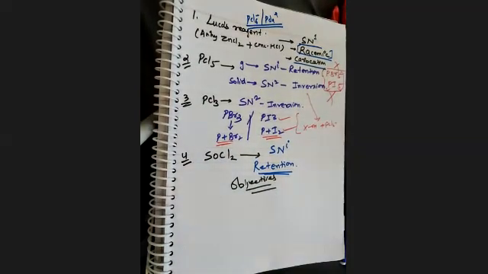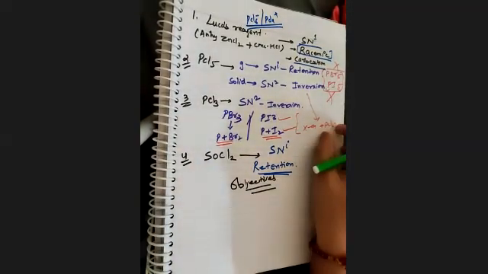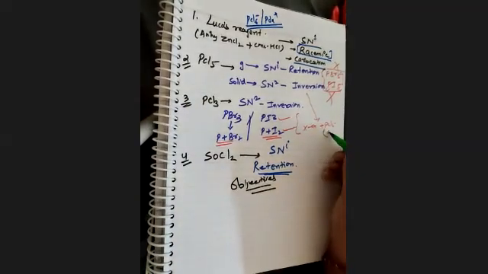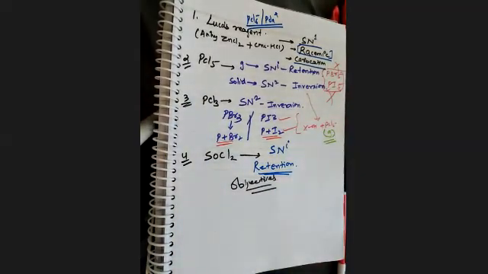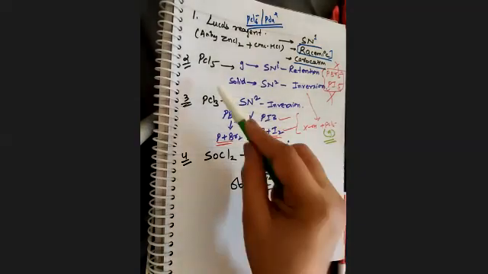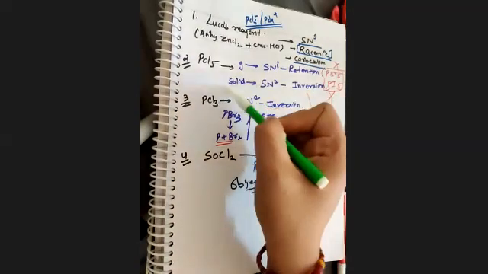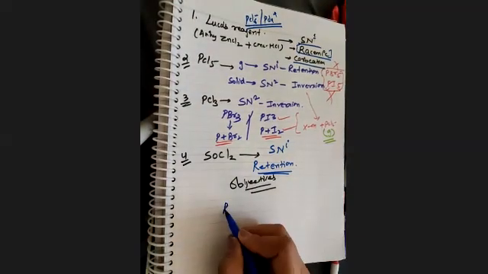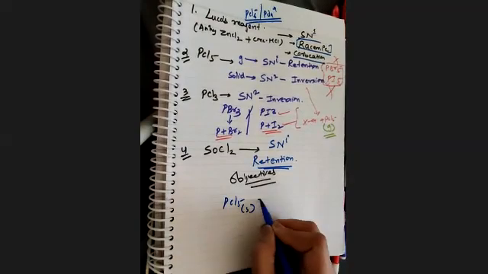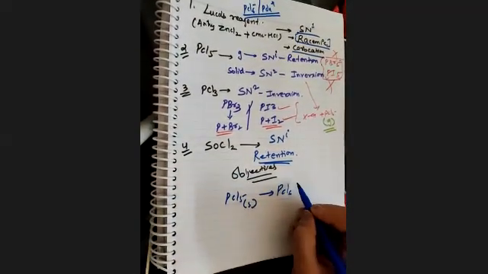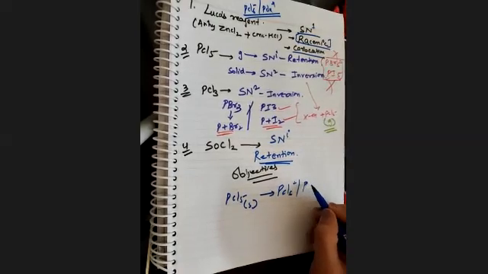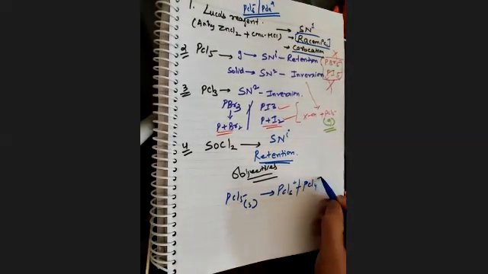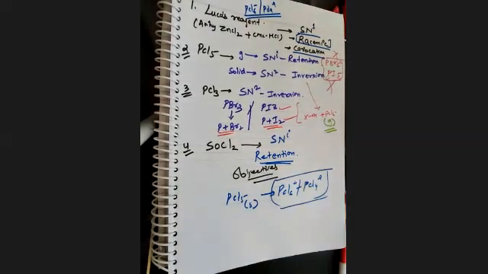If nothing is given over your product that you have to react, for example, XOH with PCl5, and no state is mentioned, because I have not mentioned in which state we are taking this PCl5, we can write it just as gas. Just give emphasis to gas only. Clear? And if they want to give you the reaction with the solid, they will clearly mention PCl5 in solid state. And if you are taking PCl5 in solid state, again I'm telling you, it will be divided into PCl6 negative plus PCl4 positive.